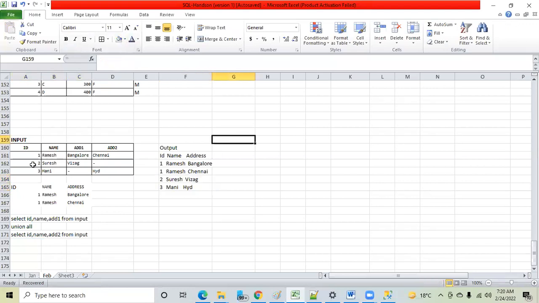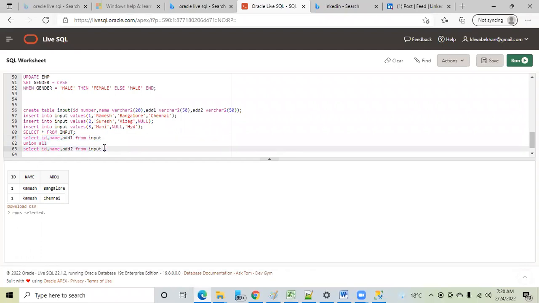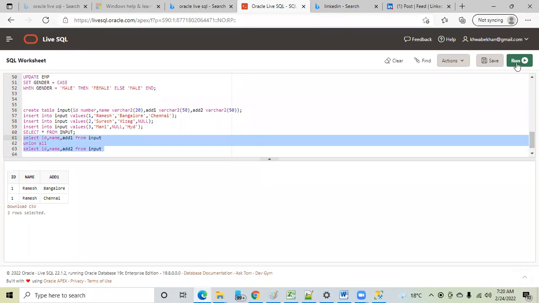After this, you want Suresh and Vizag, correct? And then Money and Hyderabad. So similarly, when I have executed this query and you have noticed the output, let me now remove this condition. Let me run this.